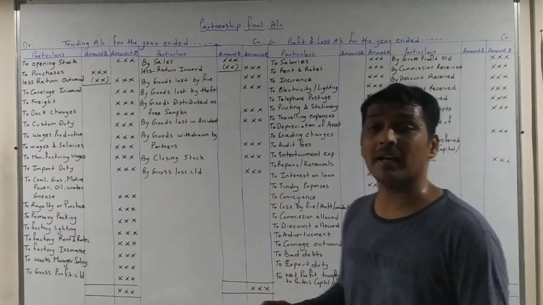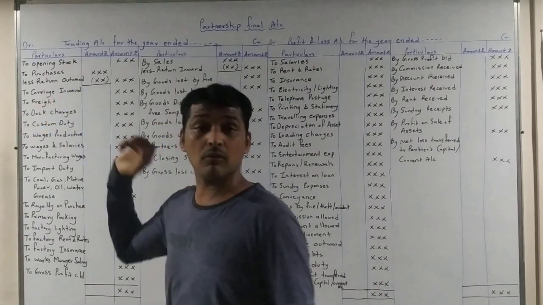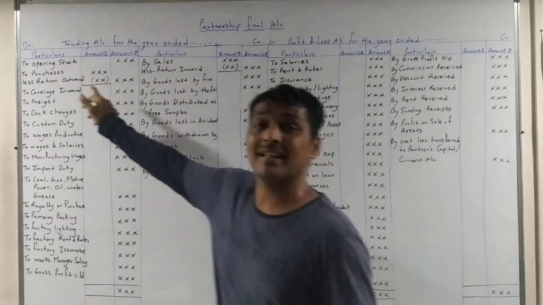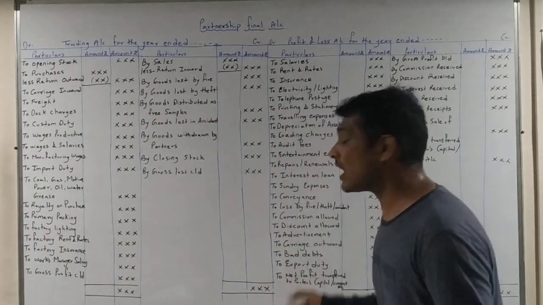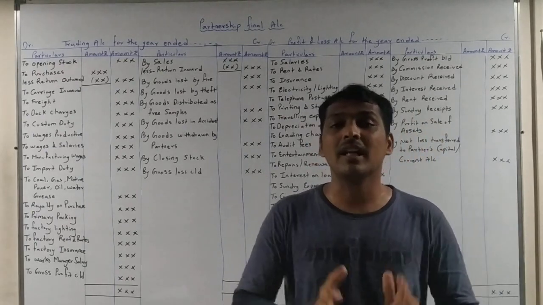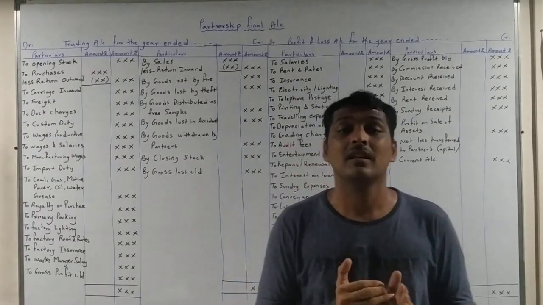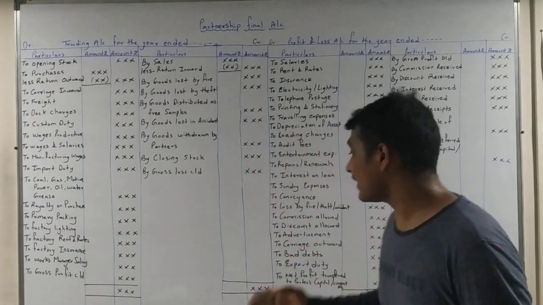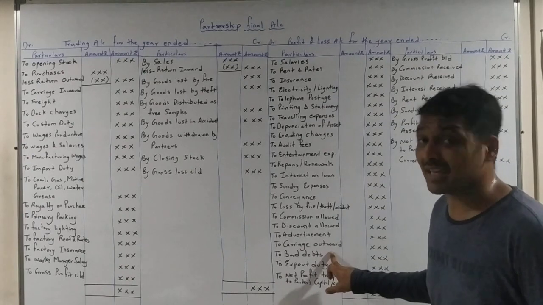Now one thing I would like to tell you is, here carriage inward was given, and here carriage outward is given. Now what do you mean by carriage inward? Carriage inward means carriage on purchase, and carriage outward means carriage on sales. So once we are selling the goods, it becomes office expenditure. Whatever expenditure is incurred with the sales, those expenses are recorded under profit and loss account. That's why carriage outward is recorded here, because it is on sales.